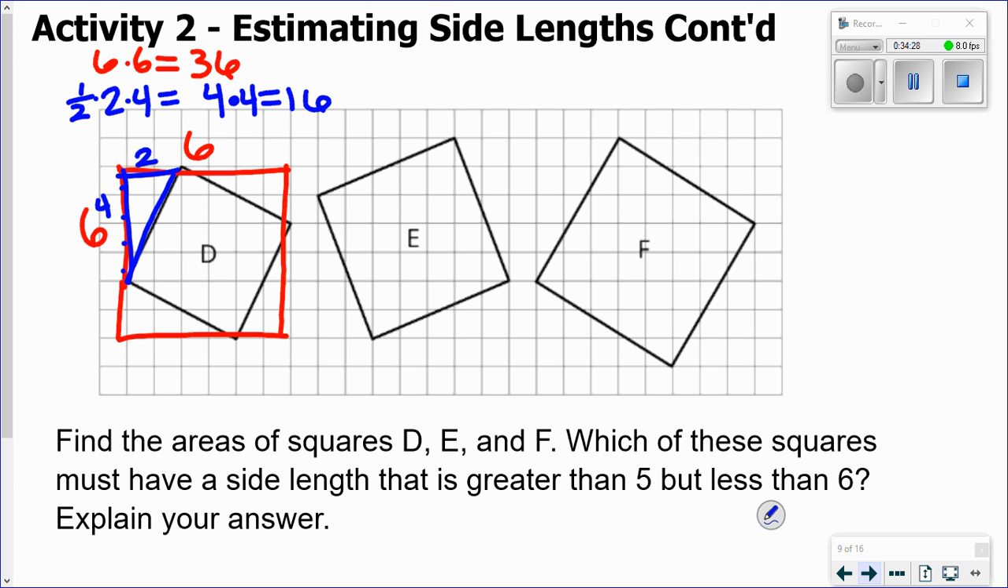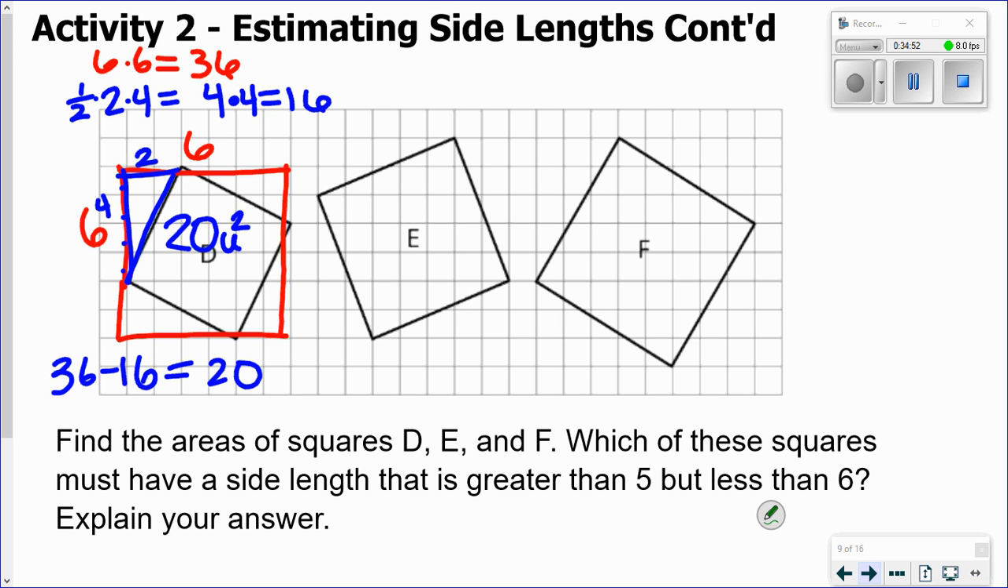So now here is where I'm going to go ahead and do 36 minus 16, and I get an area of 20 square units for figure D. Okay, so go ahead, add to your notes if you need to at this time, if you didn't get what I got. All right, let's check out